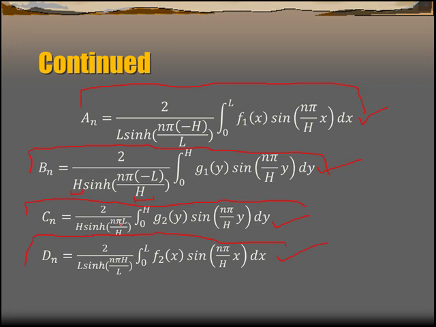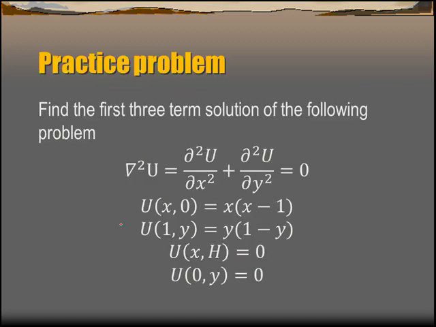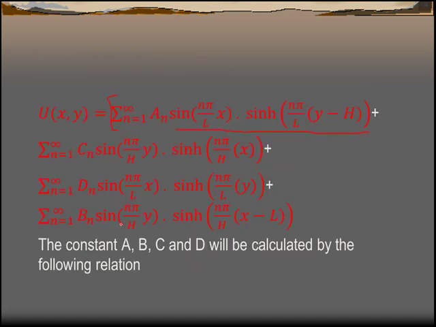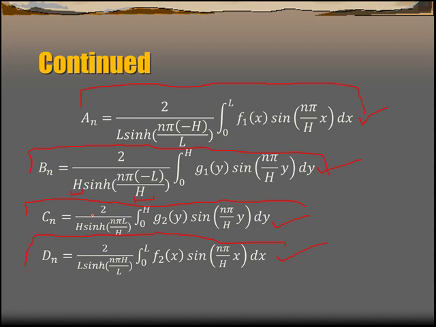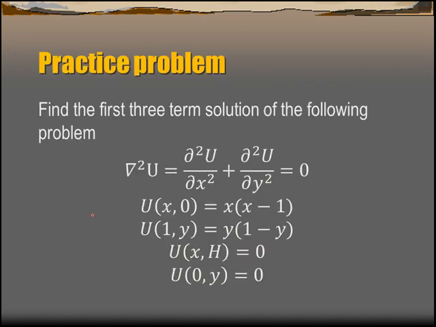तो a n, b n, c n और d n आपने इन रिलेशन से कैलकुलेट करने हैं, और फिर यहाँ पर इसको सब्स्टिट्यूट कर देना है। तो जो सोल्यूशन बनेगा, वो सोल्यूशन लैप्लास इक्वेशन को सेटिस्फाई करेगा। ठीक हो गया।